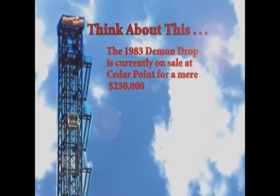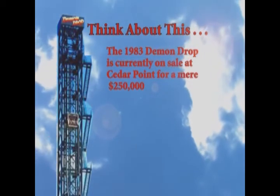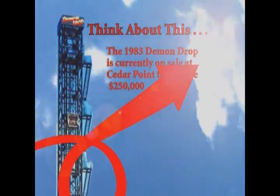Think about this. The 1983 Demon Drop is currently on sale at Cedar Point for a mere $250,000. Hotel with